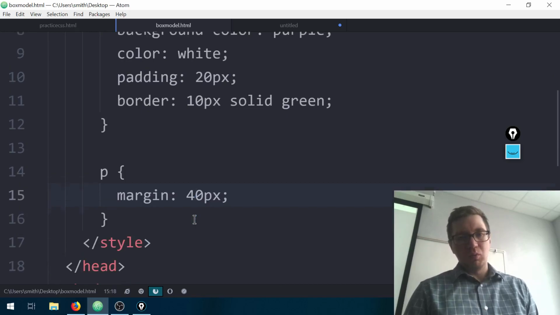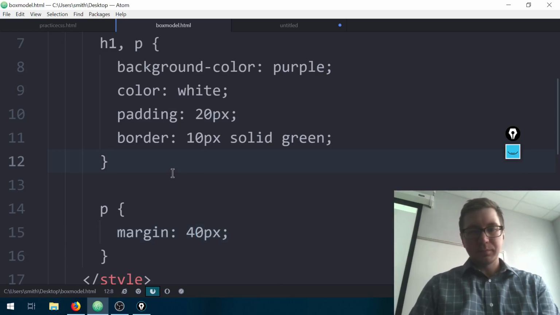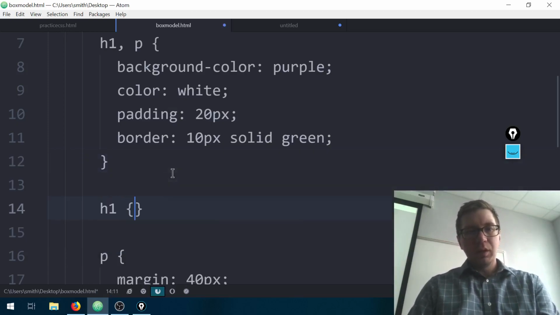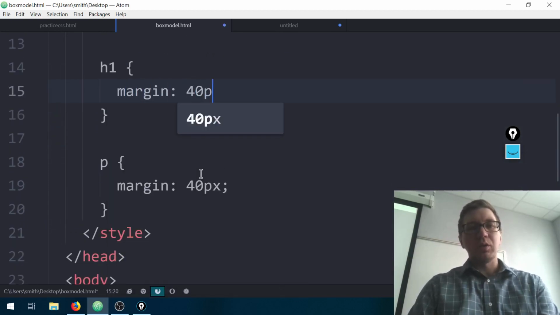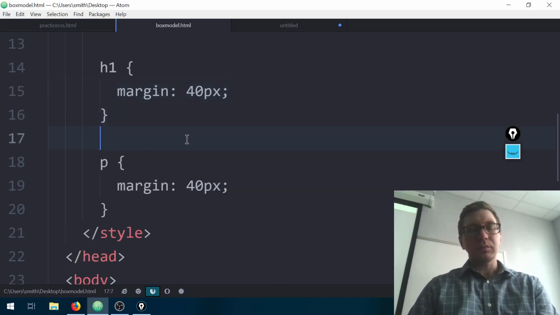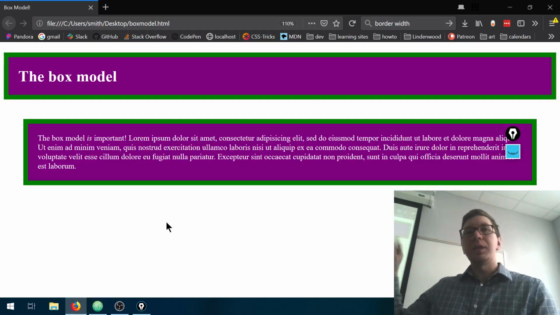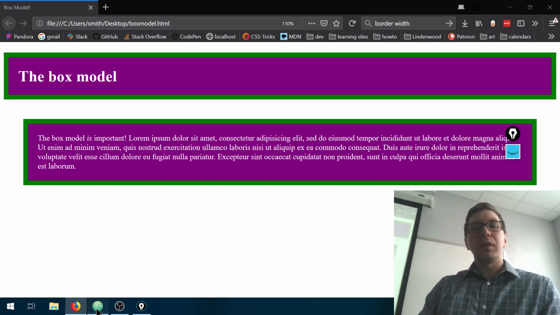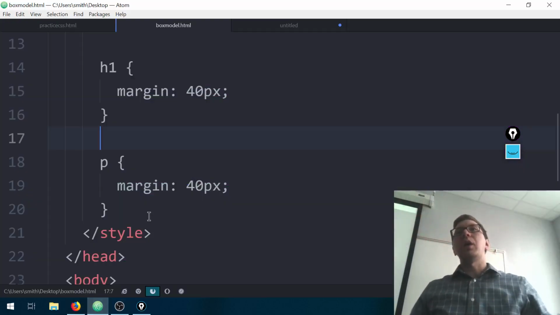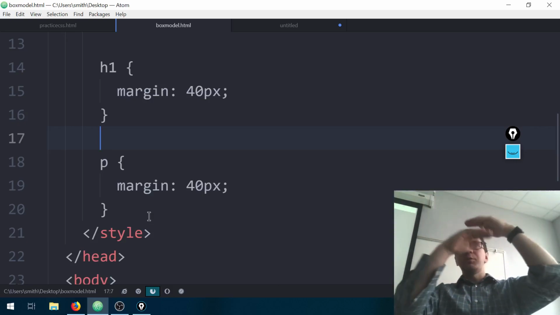One interesting thing that you should know about is this. Let's go ahead and also add 40 pixels of margin to the H1. And then refresh your page and pay attention to the space between the paragraph and the heading. So we have 40 pixels on all sides of the paragraph, and we have 40 pixels on all sides of the heading. So that space in between,